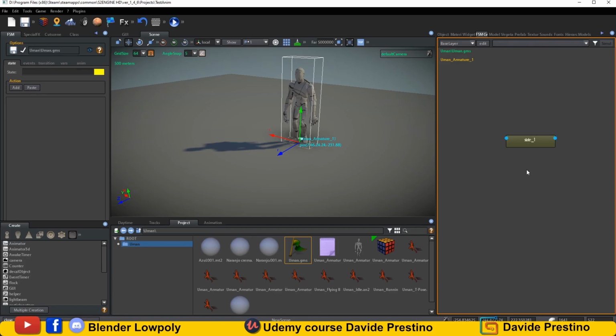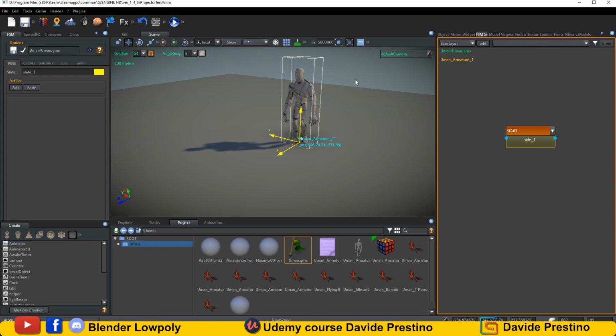So I create one state and I put it in the start state. It's correct. Sorry for my English, but it's not my language. So I add one global start position. Now we can test the animation